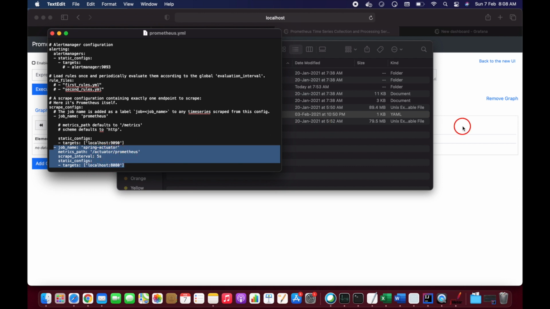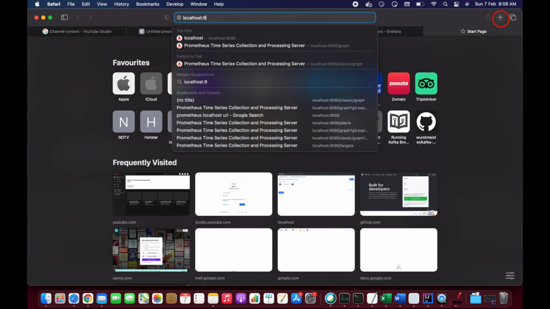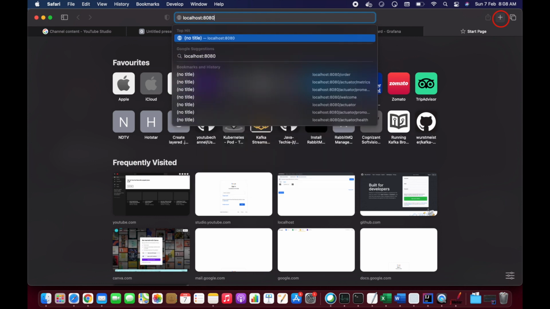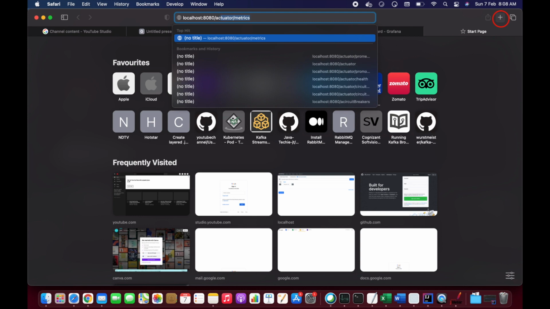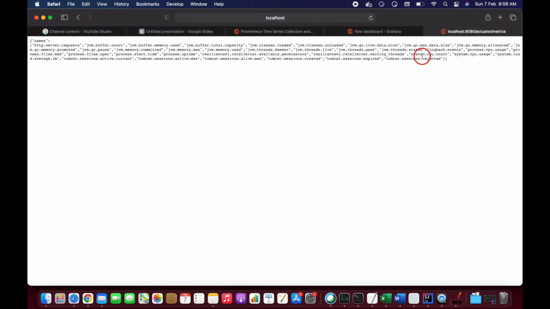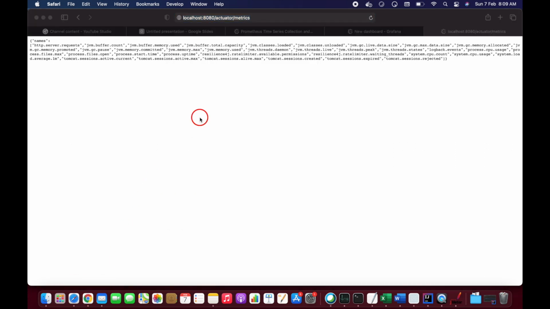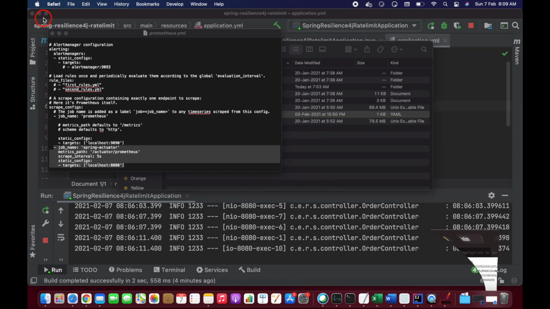So let me hit that endpoint. localhost 8080 and actuator metrics. See, the same thing. Let me open my Chrome, guys, so the JSON format you can see in Chrome.